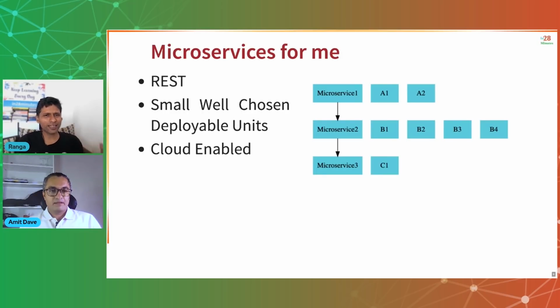So yeah, if you look at the entire evolution, we came out to REST, and after REST, the focus became: okay, how can I deploy things faster? How can I make changes to applications faster? And that's where it became important to create smaller units, identify what should be in a smaller unit, and make sure that they are independently deployable and independently scalable. I think that's some of the important aspects around microservices.